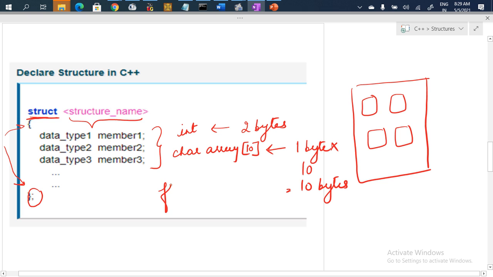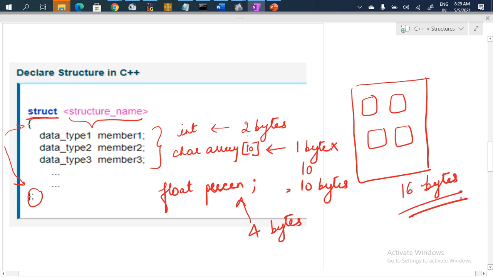And then we define a float percentage. Float always takes 4 bytes in memory. So the whole structure of student will take 2 plus 10 is 12, plus 4 is 16 bytes. So we have defined a structure with 16 bytes. This is how we declare all these data members in the structure in C++. Stay tuned for more videos.